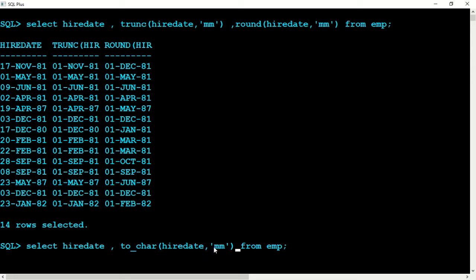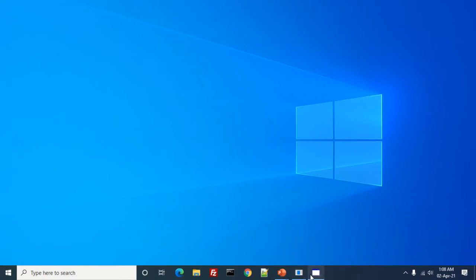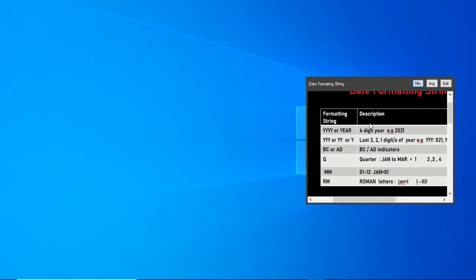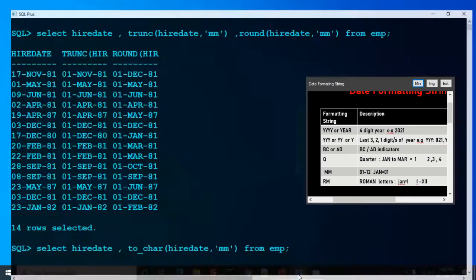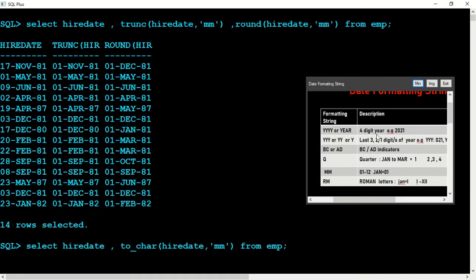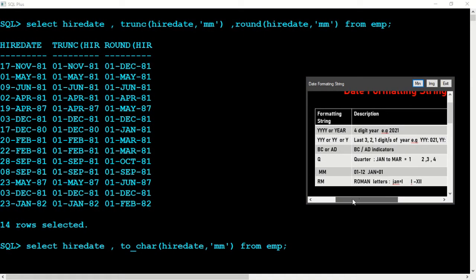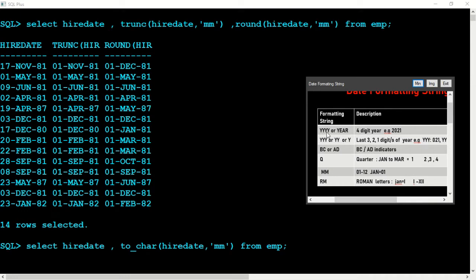Now instead of mm, I'll show you something. I'll put the formatting string here. So these are the formatting strings. Let's learn this first. So these are y's, 4 y's. If I put 4 y's here, let's see what happens.